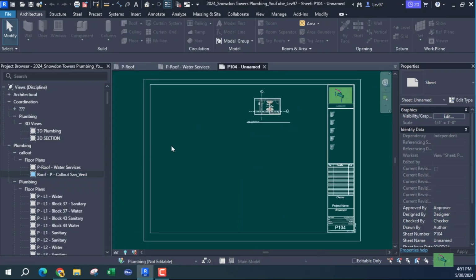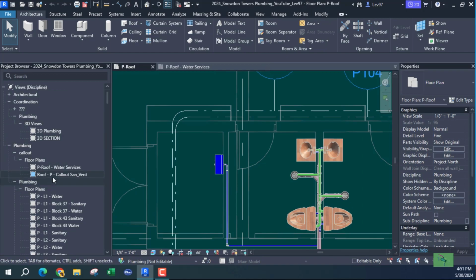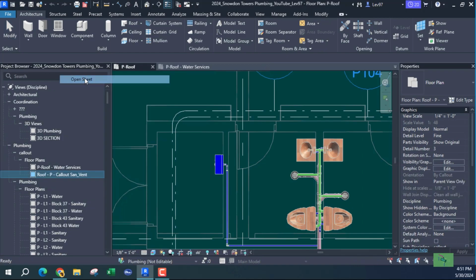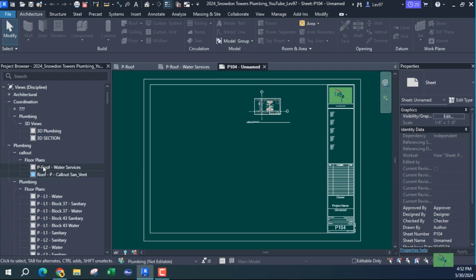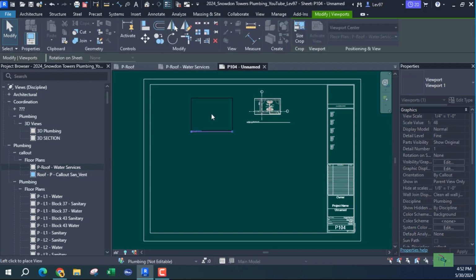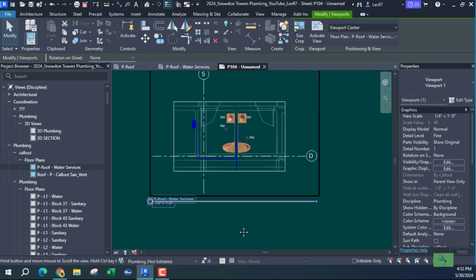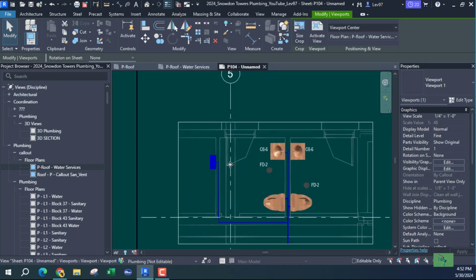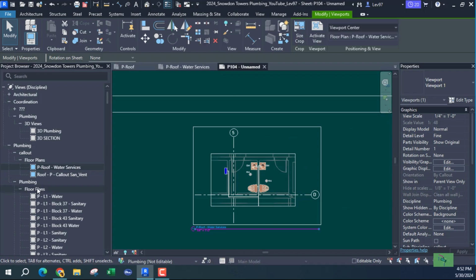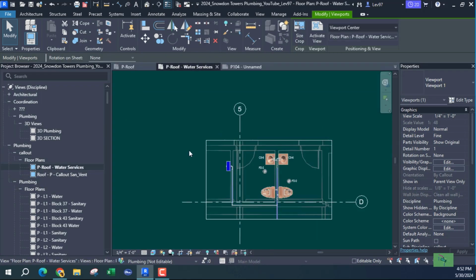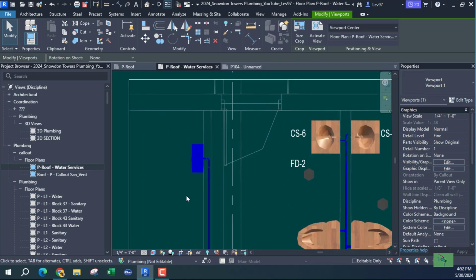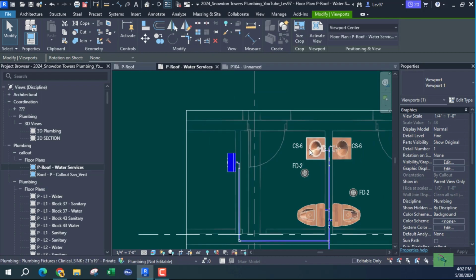So I can right click and open sheet. This is the sheet that it's on. It's just that one view. But let's go back. Open. And I'm going to drag water services on here. And as you can see, it's the same view, only now it's on a sheet and it's highlighted in blue. So let's go back to the water services,